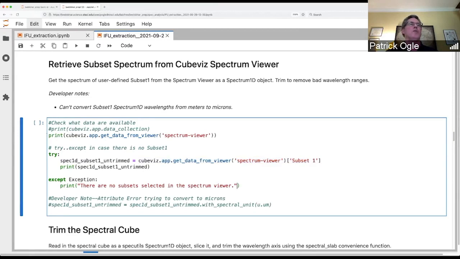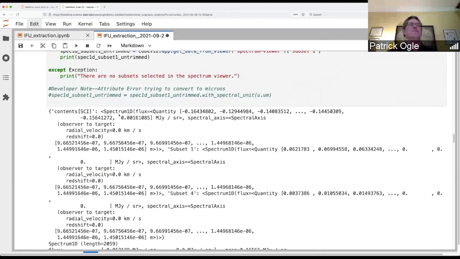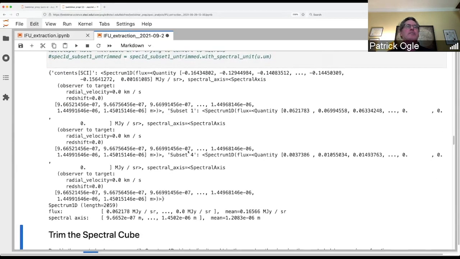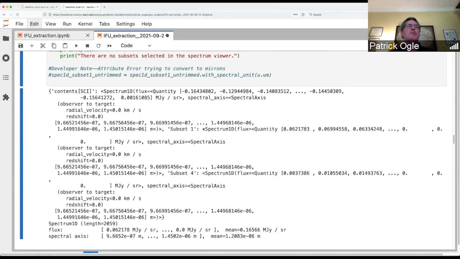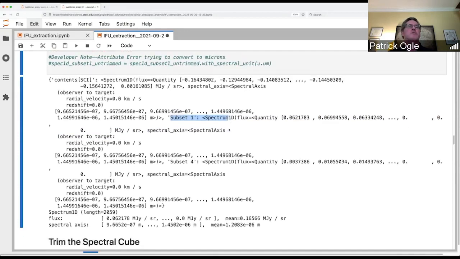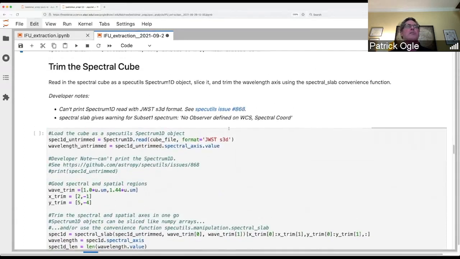We're also going to print out what's in that viewer, so you can actually decide what you want to get. So you'll see below we've got the contents psi, which is the cube that we loaded in. We have subset 1 that's still there, and I had deleted some subsets, so there's subset 1 and subset 4. What we want to grab is subset 1, and that's a Spectrum 1D object that has flux and vector axis. Grab that one,